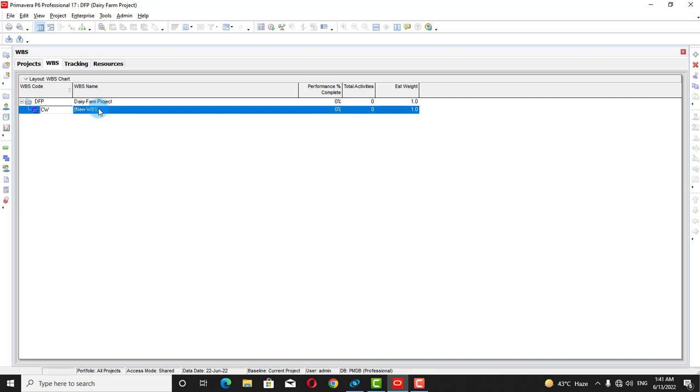Dairy farm consists of building and machinery, labor. So we need to construct our building first. So the building construction is related to civil engineering. So I created a WBS of Civil Engineering Works, and WBS name will be Civil Engineering Work, or it can be construction work. So I have added this WBS,